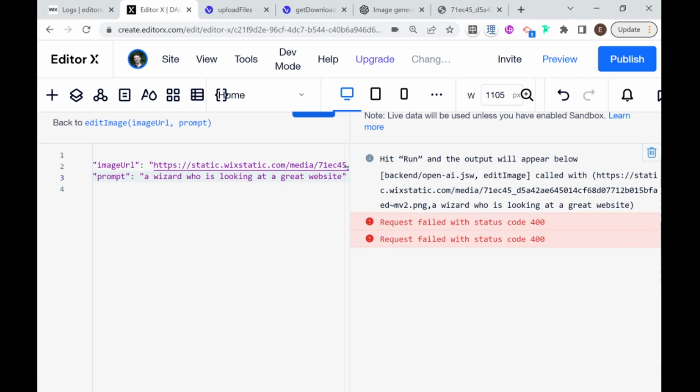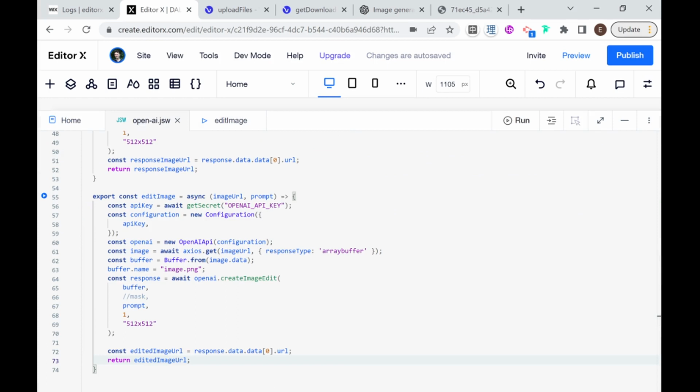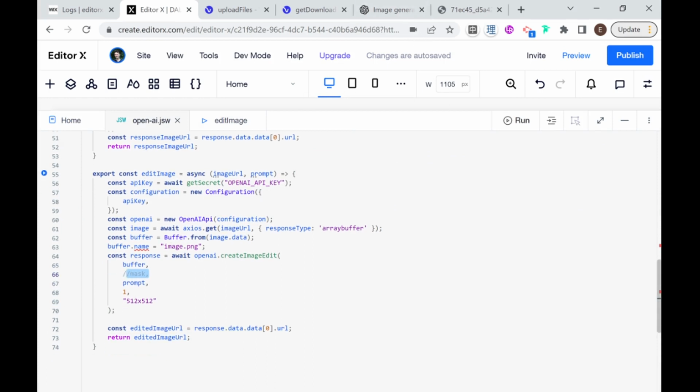And it failed with a status code of 400. So let's go and check that out. So what I'm going to do is I'm going to zoom out. And here, I have a feeling it might have to do with this mask, because even though inside of the API it said we don't have to pass the mask, it could be that this create image edit is expecting that mask anyways. What I'm going to try and do is I'm just going to try and pass null here instead of mask. So let's just go over here and I'm going to pass null, because it could be that